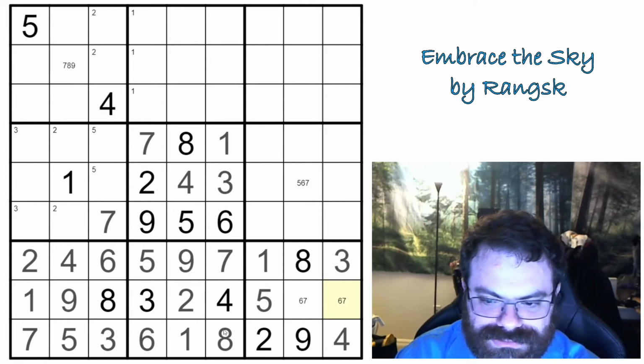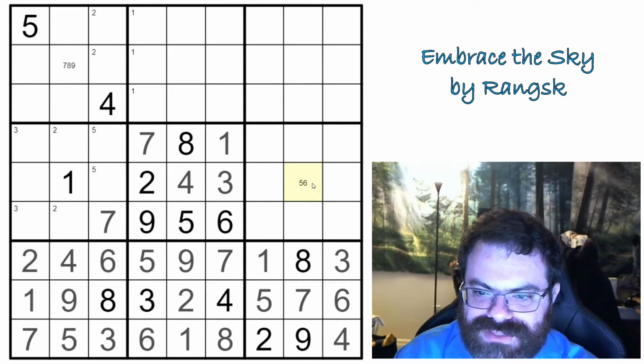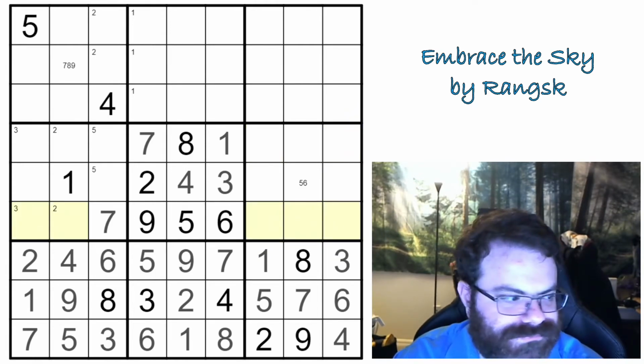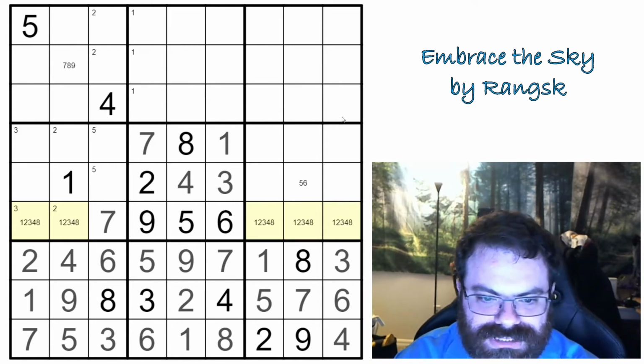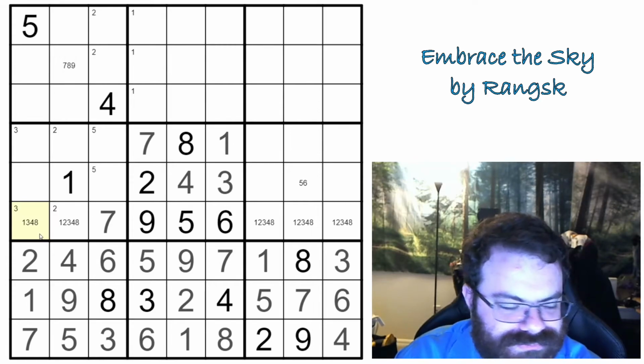Leaving a 6 in this cell because of the 8 again. So 6, 7. And we can remove the 7 here. So now this 5 6 has become more powerful because it removes 5 and 6 from all of these, not just 6. We're just going to keep building up. So this row here is 1, 3, 8, 2, 4. Don't know why I did it in that order, but this 2 prevents this from being 2,